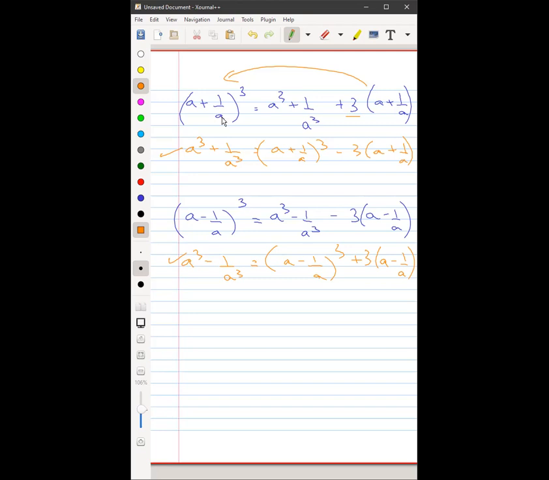So we need to practice this. You need to bug this up properly. Don't make mistakes in plus minus. Start off with this one here. When it's A plus 1 upon A, everything is plus. When it's A minus 1 upon A, everything is minus. And then transpose, you can solve it.